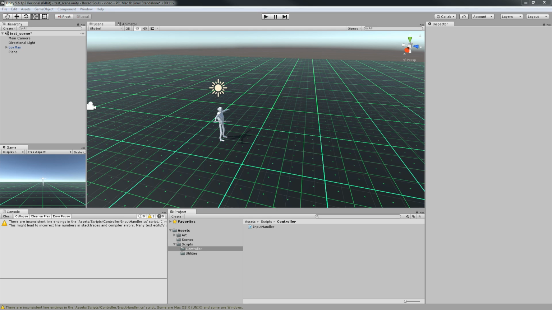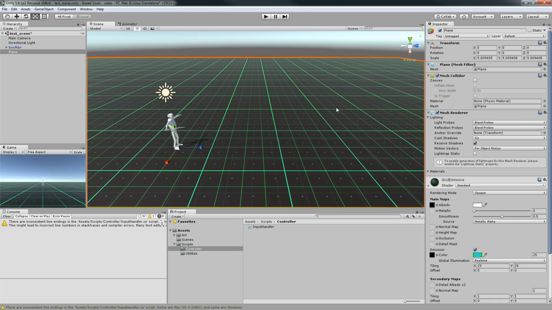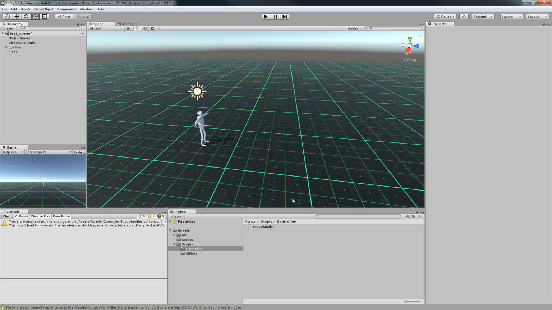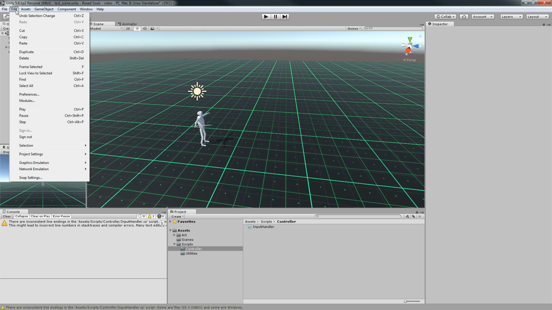So in the second part, we're going to focus on creating the controller, so we will actually be able to move around. As you can see, I've already dropped a plane that just has a texture. Okay, it doesn't matter. And before we actually go and write any scripts, we're going to go on the edit